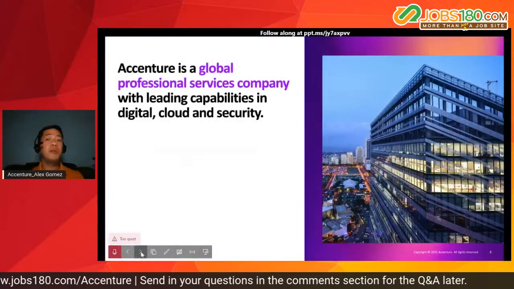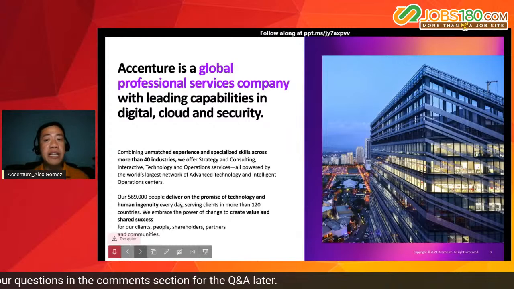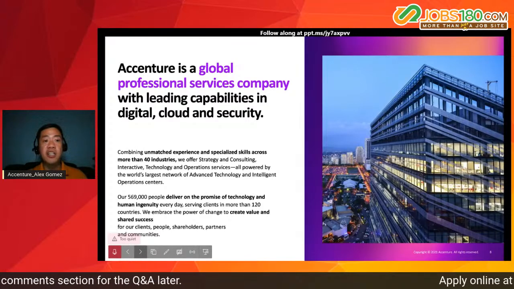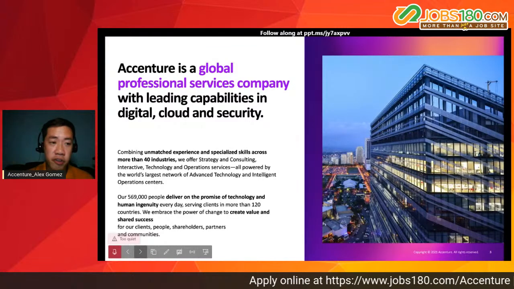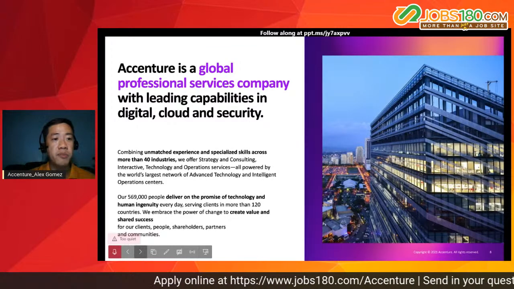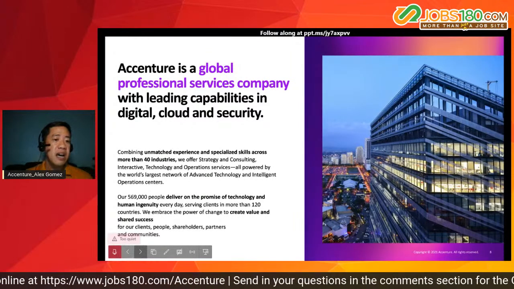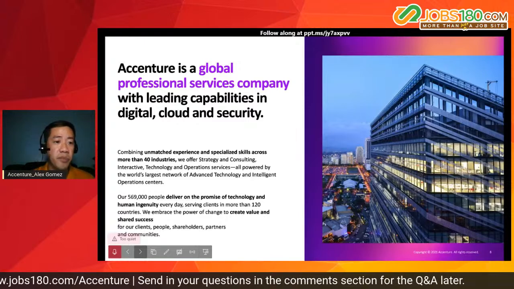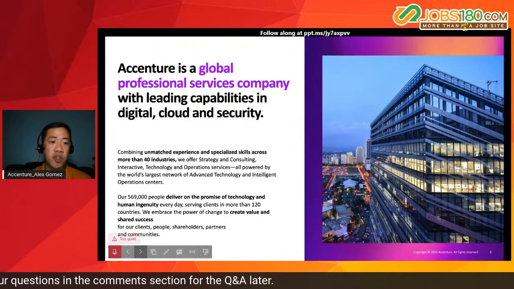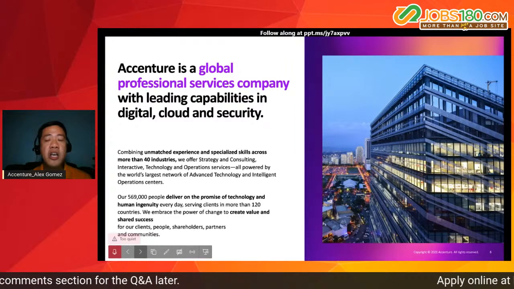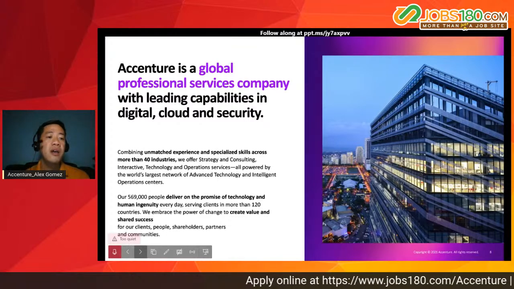So Accenture is a global professional services organization with leading capabilities in digital, cloud, and security. During the next slides, you might have interest. Some terms might ring a bell, and I guess some of the speakers that have talked to you about getting your next career, it's really important that you have passion towards something that you really want to learn. So if there's something that I would say in the succeeding slides that would interest you, these are